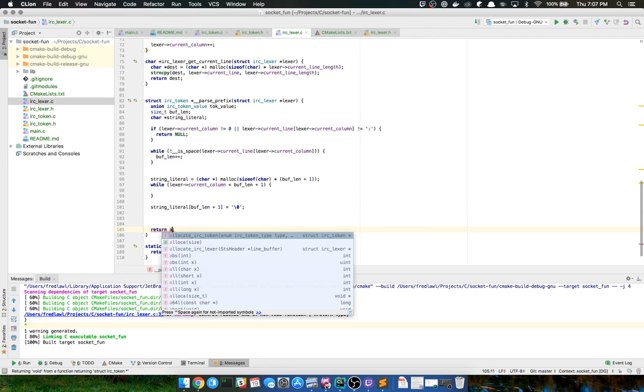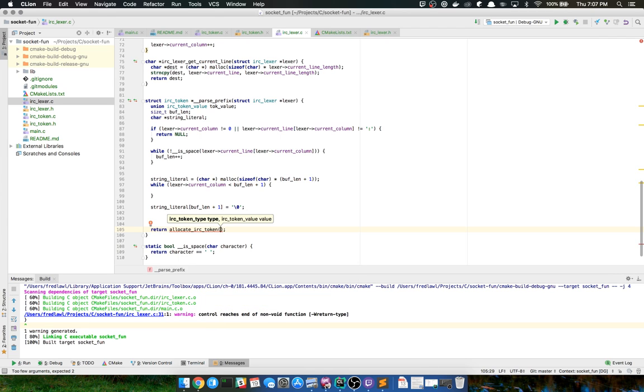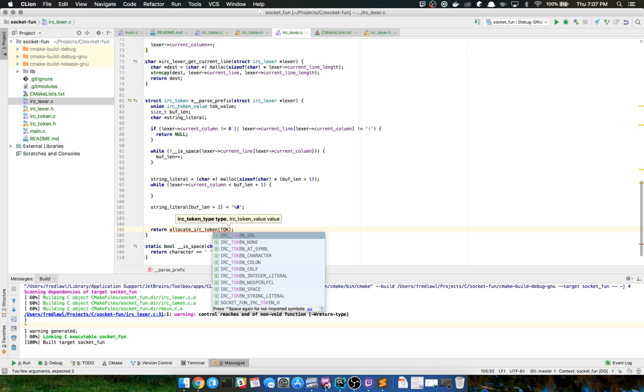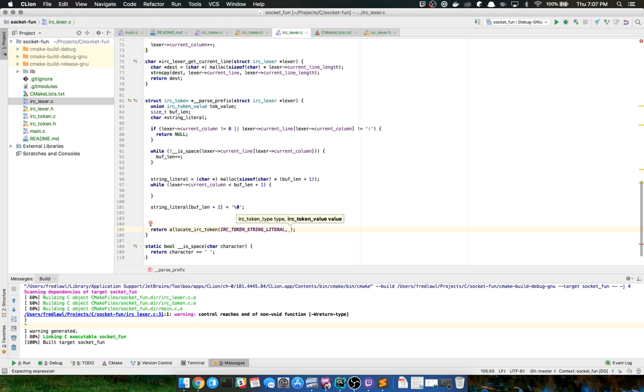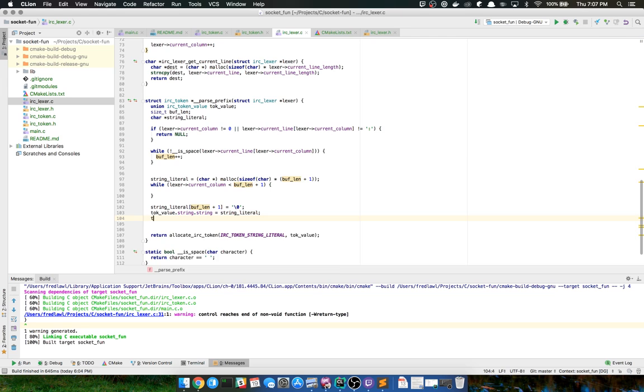So we're going to allocate a token type, token string literal, right? Then we're going to pass in the value, token value, and then token value dot string is the string literal. Token value string dot length is the buff lane +1.